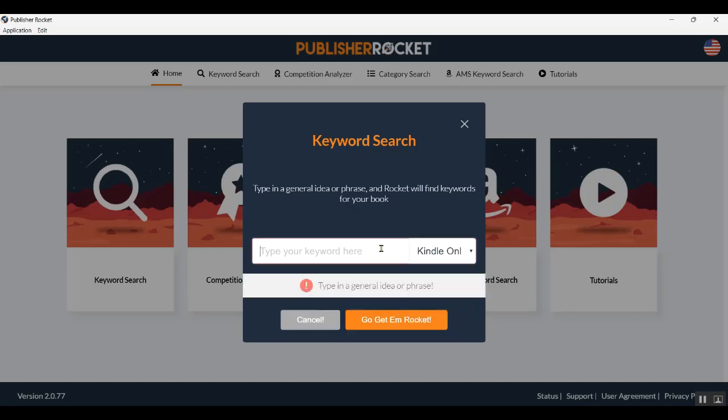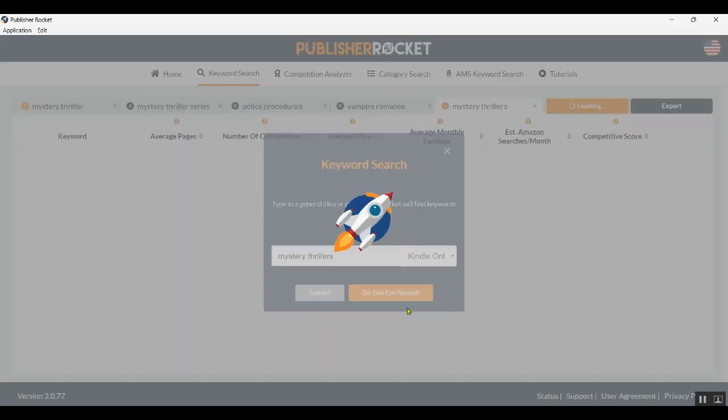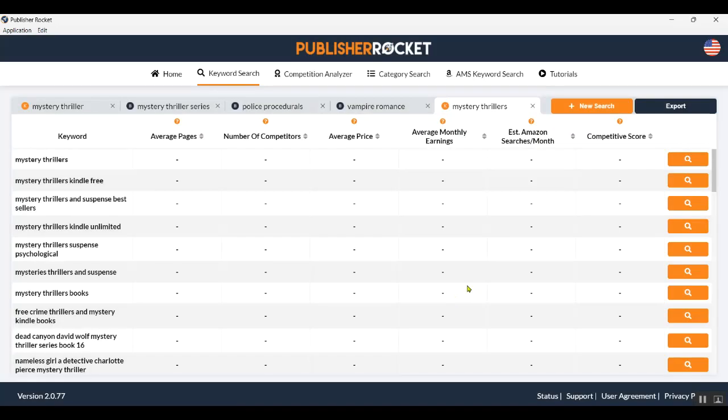Oh, I have to type in the keyword. Okay, so I'm going to type in mystery. Let's not use all caps. Mystery thrillers. Okay, there we go. And what it does is it pulls up